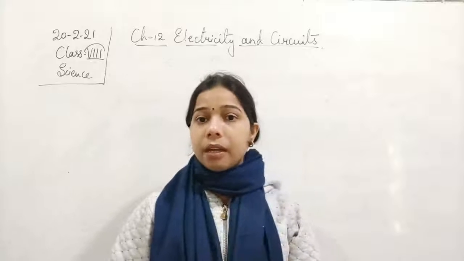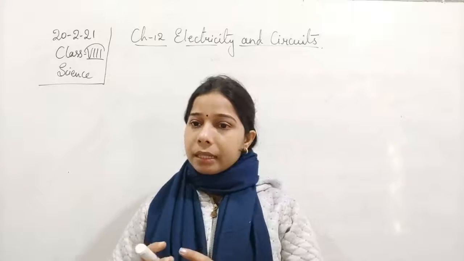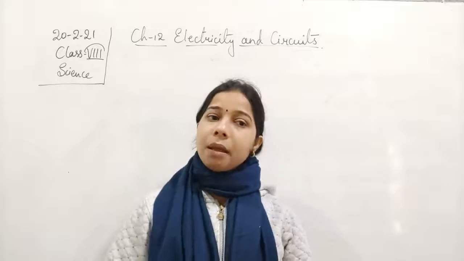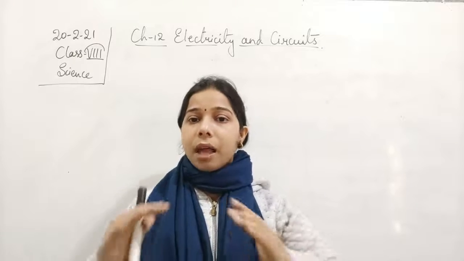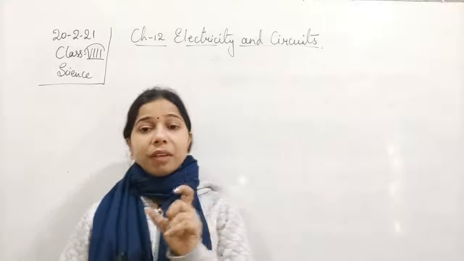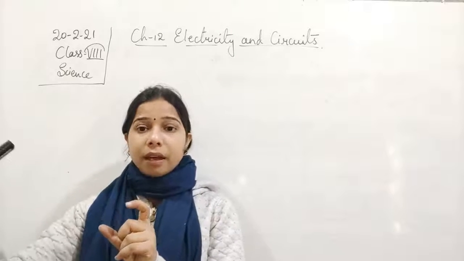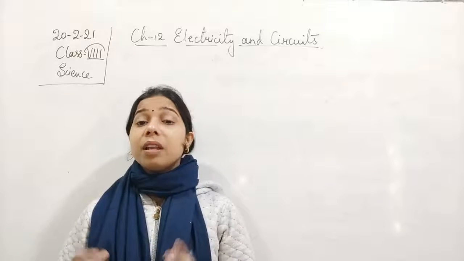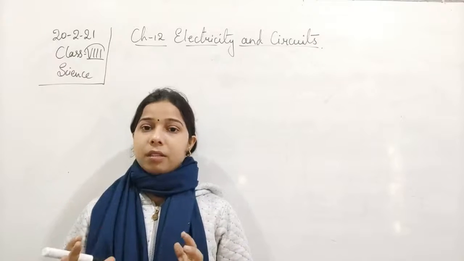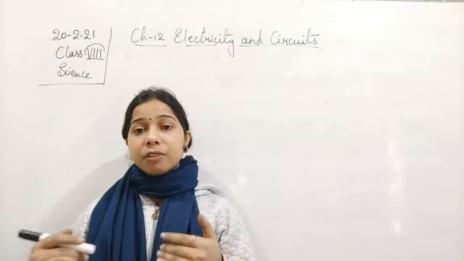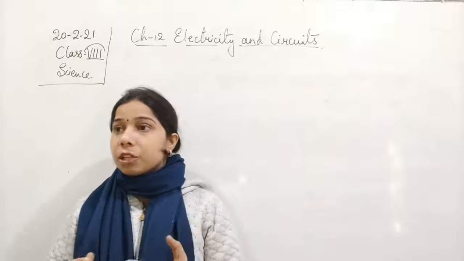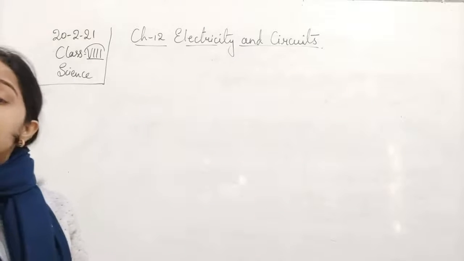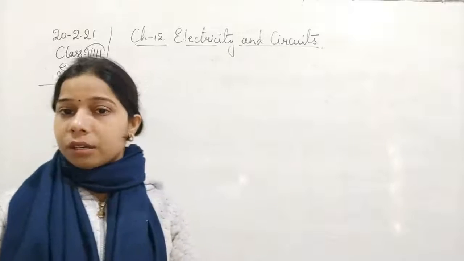What is a circuit? An electric circuit basically consists of a cell, a torch bulb, and wire. When we connect the cell to a device with the help of the connecting wire, that makes a circuit. These are some of the ingredients, meaning the things we include in an electric circuit, students.